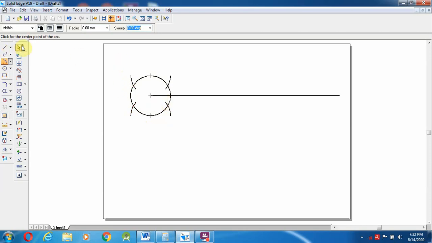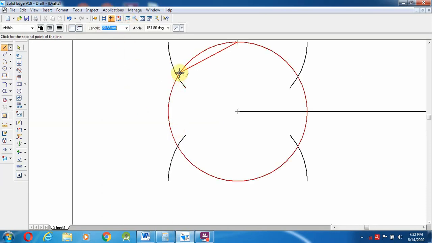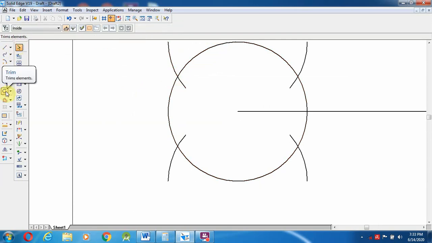After that I am going to create a hexagon over here, with the midpoint of the circle. Exactly where we put it over here is the intersection. After creating the arc, one end of the arc I am going to trim, to find the end point.